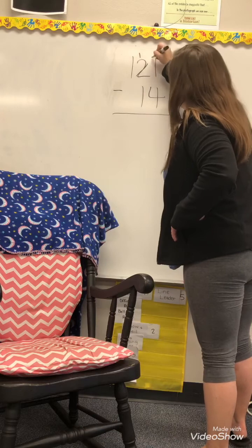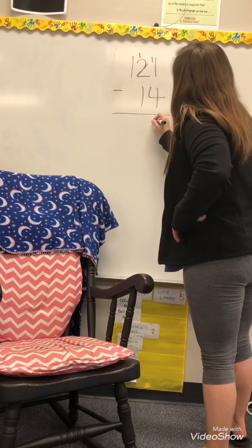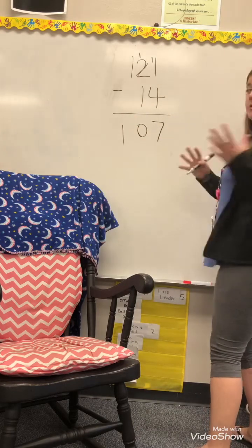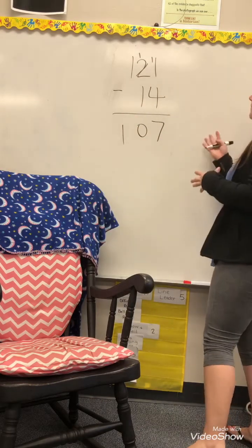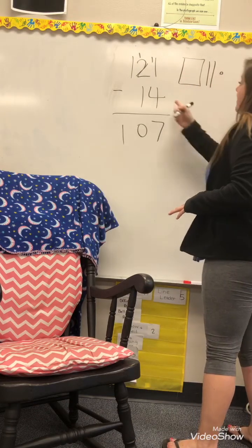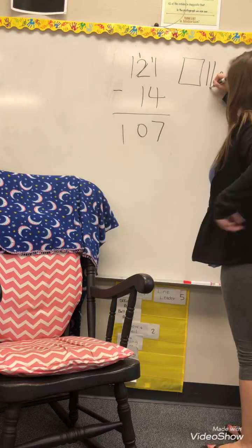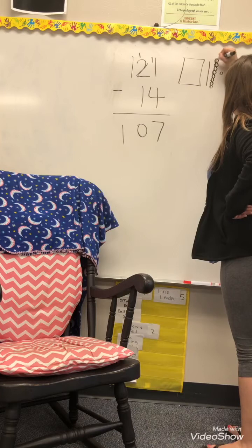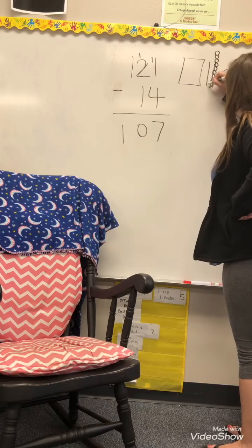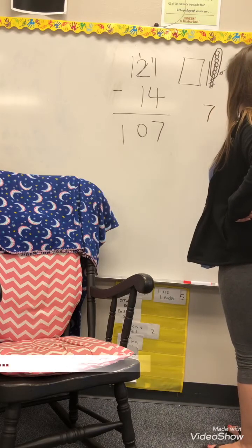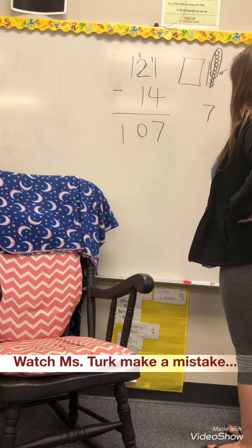And again, we would do this, we would have this, and we would say, 1 was a 0, and 1. So then how they would show it with their base 10 blocks is they would have 121, and they would have to take away 14. They would make one of those 10s into 10 ones. They would take away 4. They would be left with 7. Then what they would do,